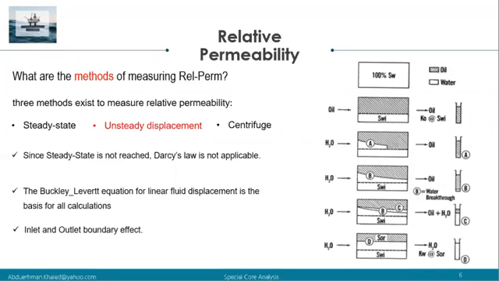So we start with 100% water saturation, and then we inject oil until we reach the irreducible water saturation. So we measure the effective oil permeability at the irreducible water saturation. And after that, we start our water injection, simulating the water flooding process, where the water saturation increases and the oil saturation decreases until there's no oil coming out of the cell, which means we reach the residual oil saturation. And then we measure the effective water permeability at residual oil